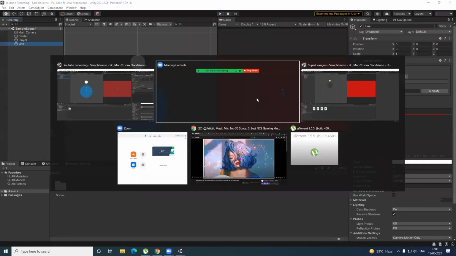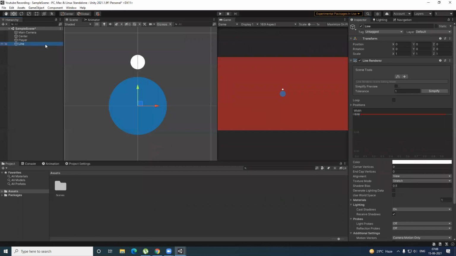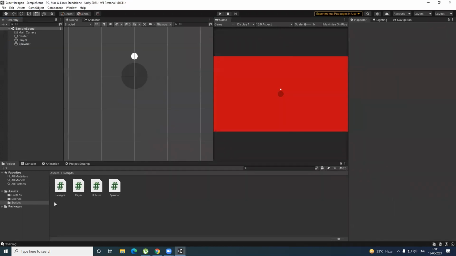So let's go on the line and name it hexagon. How to name it? Naming can be done in 2 ways. One, press the F2 key, or change it directly here, or you can right click and rename by the traditional format. I'm going to do the F2 and name it hexagon. Let's see what the positions are for the line renderer on the hexagon.